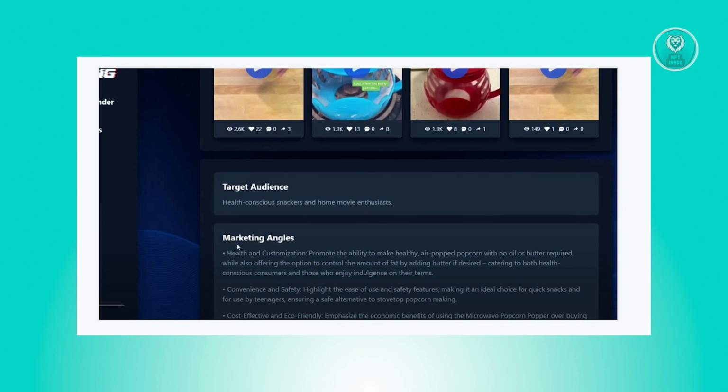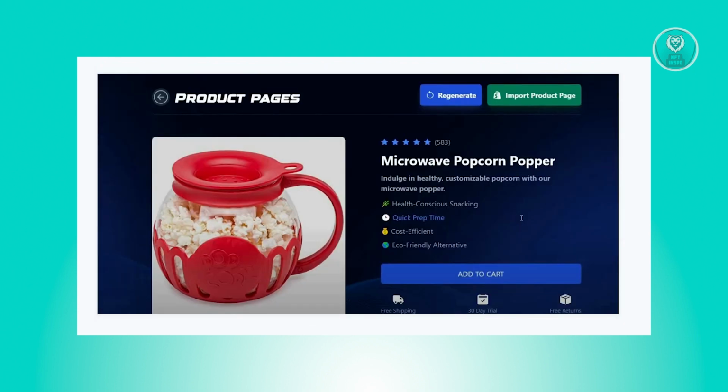You also have the option to view some details generated by the AI, for example the target audience. It's going to give you your target audience and the marketing angles for this product. Once you click on the generate page option for this specific product, you should be able to see the product pages section, where you'll have an example of how the product page itself is going to look and what details are going to be included. If you like the generated page, you could go ahead and click on import product page into your Shopify store,